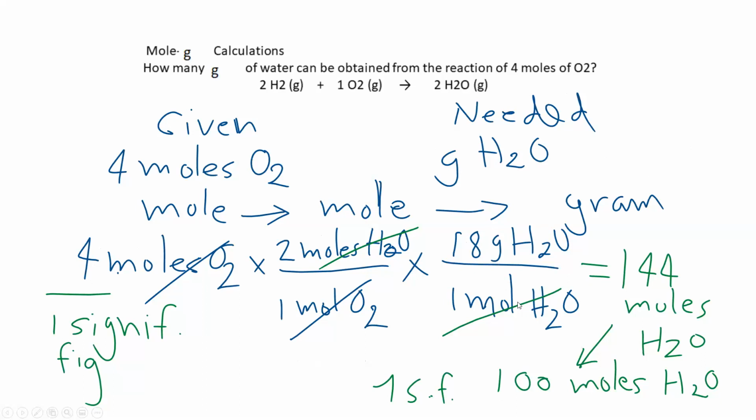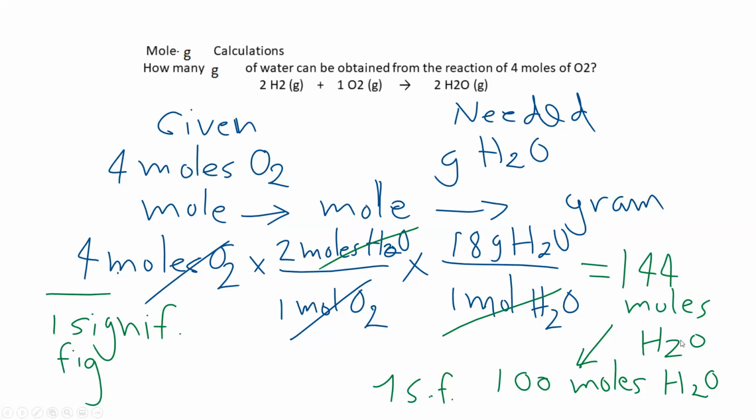And you know that one mole of water is 18 grams of water. You set it this way in such a way that you can cancel mole of water with mole of water. Now you multiply and then you divide and you get